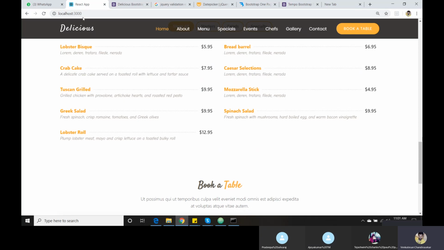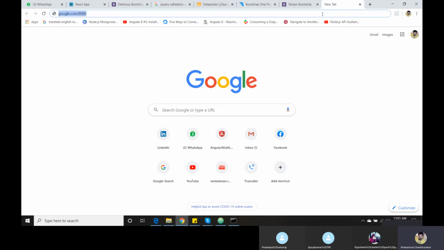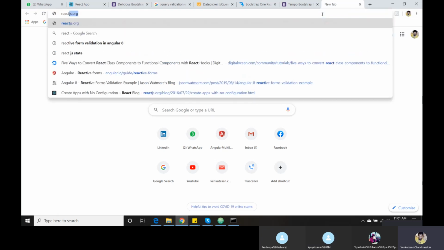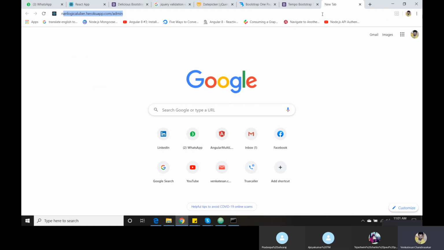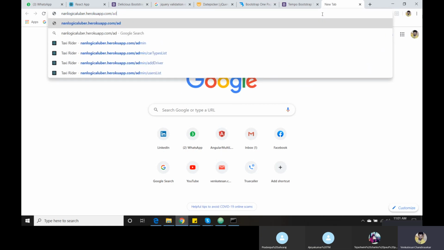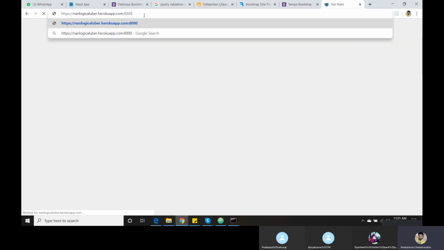Once we completely develop our project and want to deploy it on our server, that's when we can easily hide the port. I can show one of my live projects, this is my Uber clone site. I have port 8000 on this one.